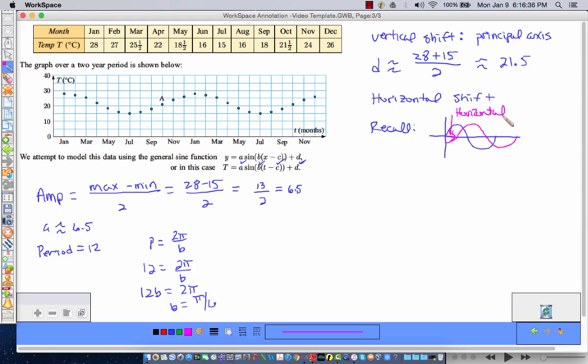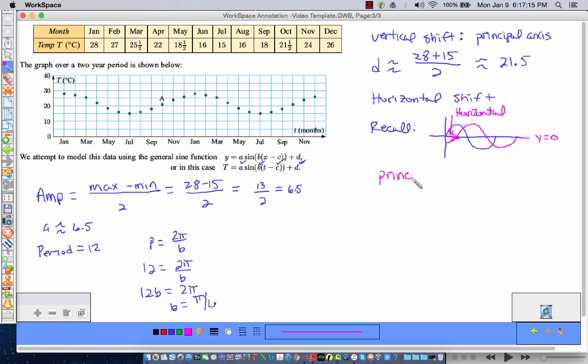So the moral of the story is I am looking for a spot where the sine curve first starts, if we think of the sine curve starting at 0 when the function is equal to 0. This is for the basic sine curve. The principal axis is the x-axis, which has the equation y equals 0. So it's where the curve first starts at the principal axis. In our case, the principal axis is